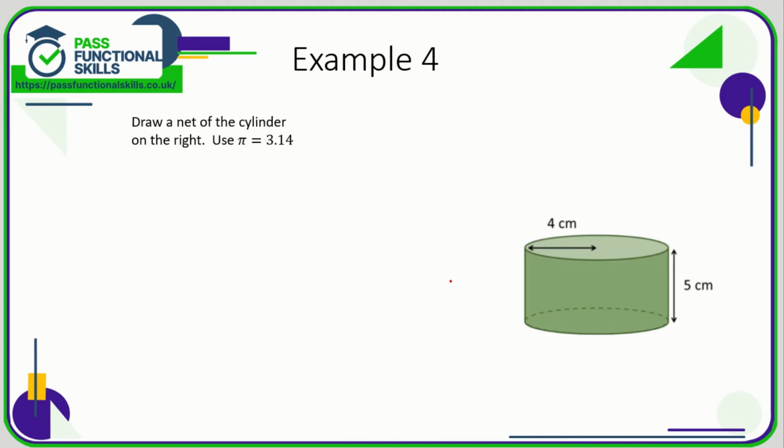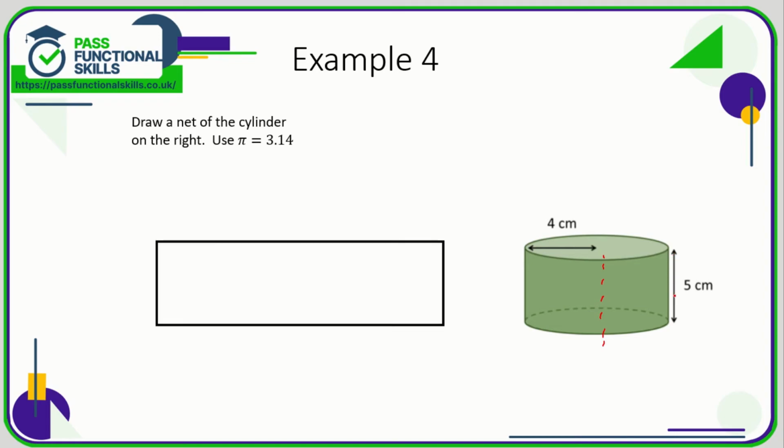Finally, let's take a look at the net of a cylinder. Now the net of a cylinder is always a rectangle. Remember, if you cut a toilet roll and flatten it, it turns into a rectangle. So it's going to be a rectangle which is 5 centimeters high, and we don't know what this dimension is. It's the circumference of the circle, and